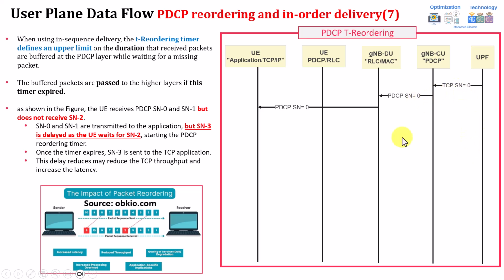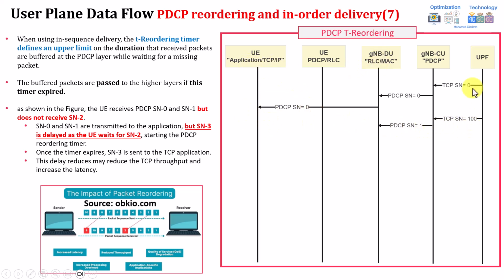But you will see next that it will have a different sequence number. Assume that PDCP is giving 0, 1, 3, and so on. So the PDCP will assign a sequence number to be able to allow the receiver to track the packets, and also from the transmitter side. Then this packet is successfully delivered from the gNB until the UE receiver has successfully received this packet.